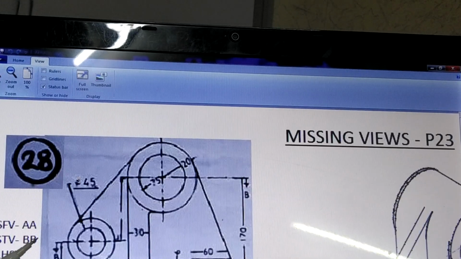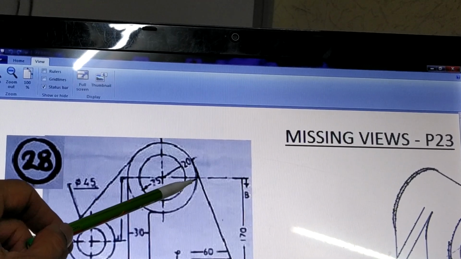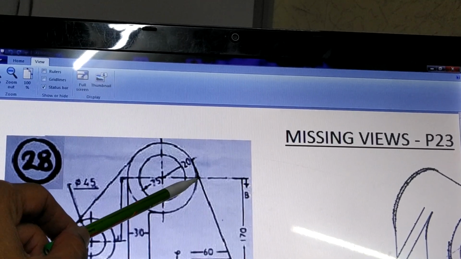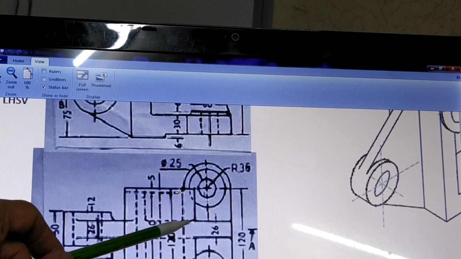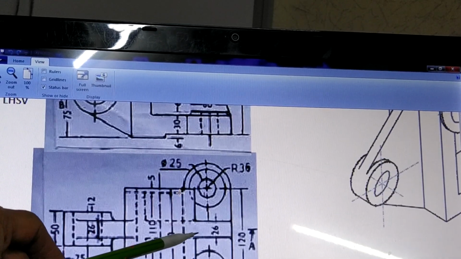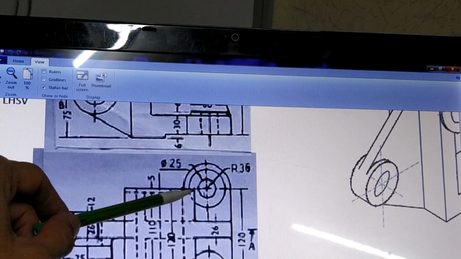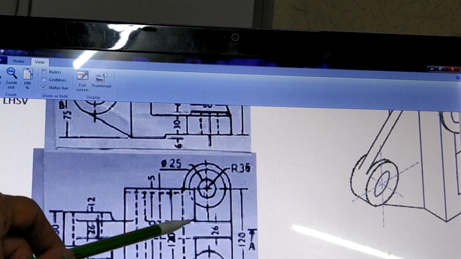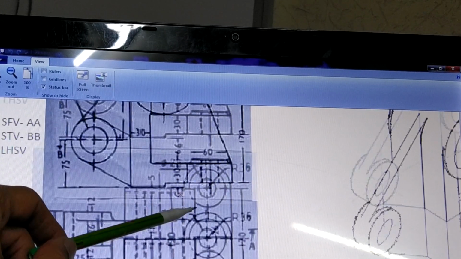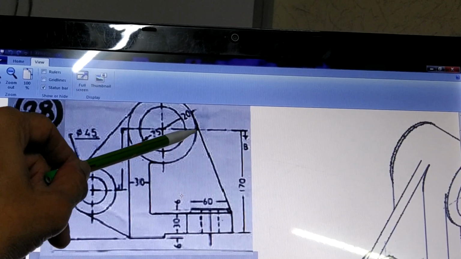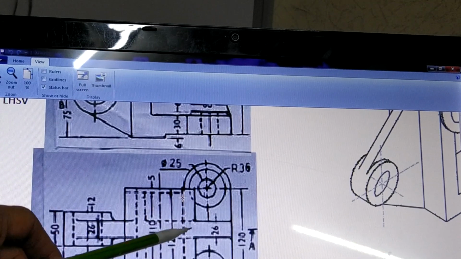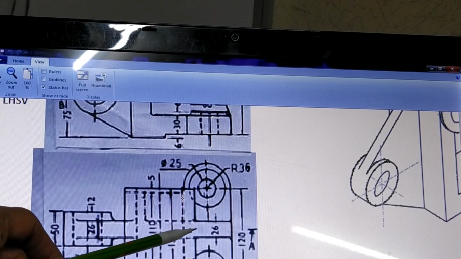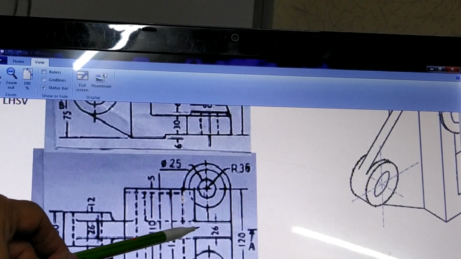One minute, I'll show you closer. You can see this is the point on the circle and this is another point on the rib. So there are two different points there. So when you show the section line here, you have to draw one line over here, which is not along with the circle line. It is slightly in front of the circle line by this much amount. Whatever is this small place, there will be one more line, and the section lines over here will continue up to that line, slightly going forward.